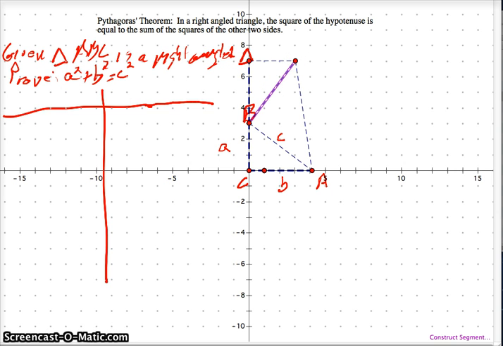Okay. Now, let's go back over here and write in that if this is A, then this right here, you see the length of this side, this is B. If I bring that up over to here, that's going to be the same thing. So I'm going to put B right here. So this length right here is B. The length here is going to be A. Obviously, this is C. So, like we did proving the Pythagorean theorem with a square, for the Garfield method,